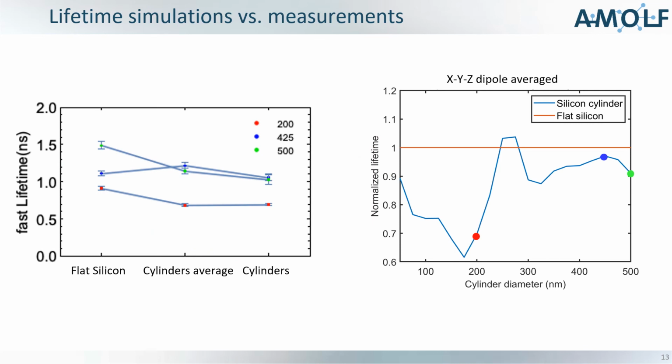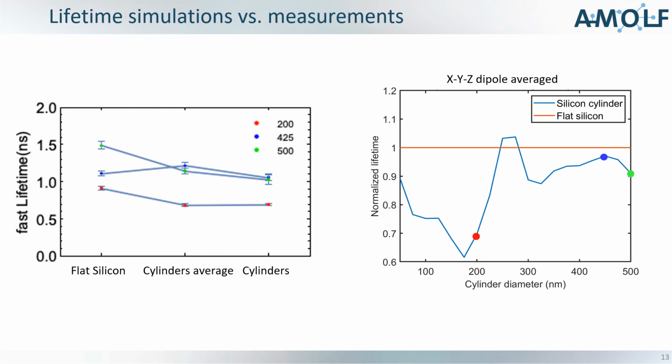If we sum these measurements up, then we get the graph here on the left, where the fast lifetime is plotted on the y-axis, and then we have the 3 regions. First is the flat silicon, second is the cylinder's complete array, and then the third one is only on the cylinder tops. And then we see that for the 425 nanometer, the blue one, we see roughly the same lifetime. For the 500 nanometer, we have a slight change, and for the 200 nanometer, we see a significant change. This is, again on the right, the simulated trend,